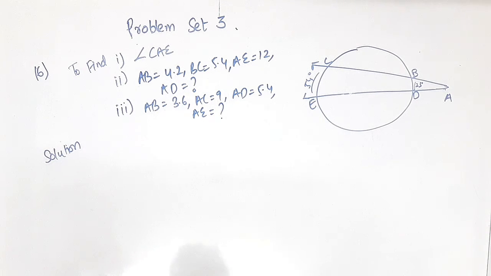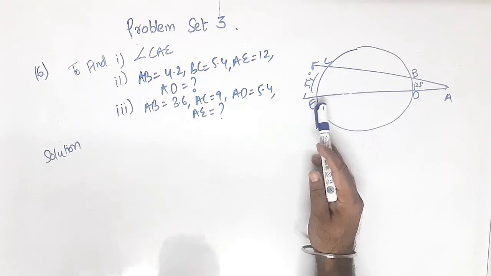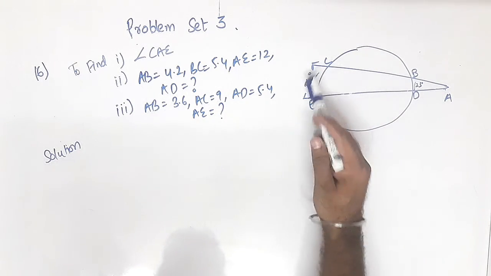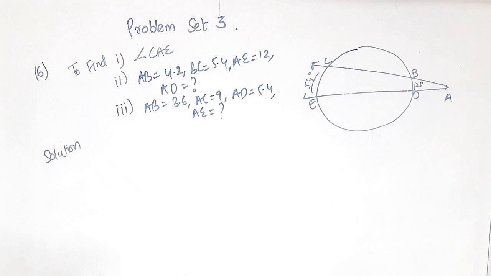So the theorem is very simple. The theorem says that the angle formed is half of the difference of the intercepted arcs. You know the intercepted arcs are CE and BD. So the bigger arc minus the smaller arc, multiplied by its half. Okay, so I'll simply write